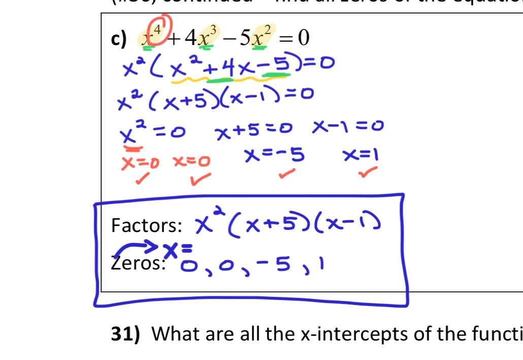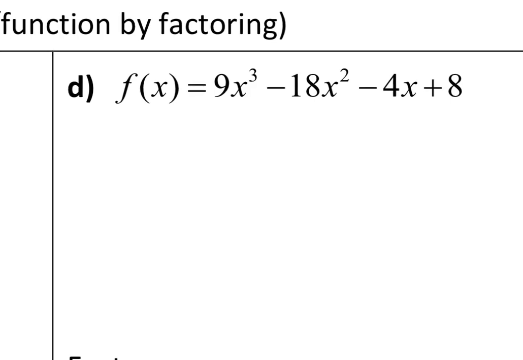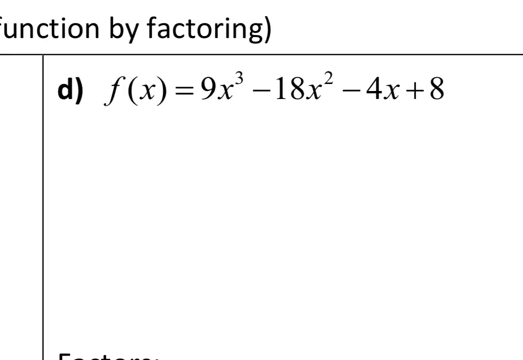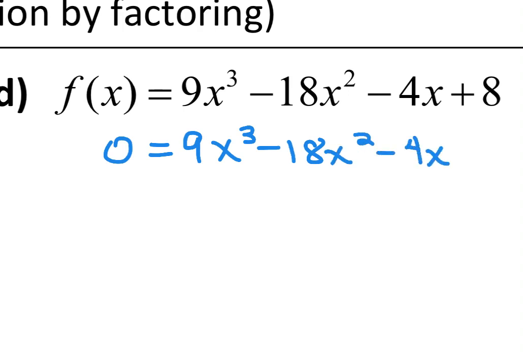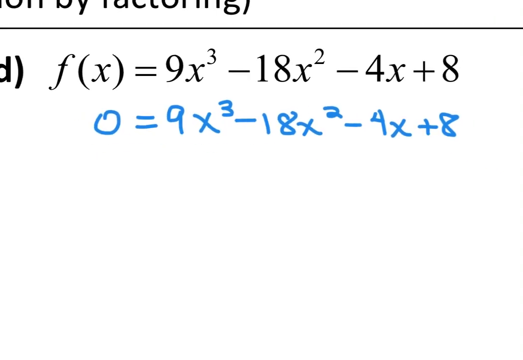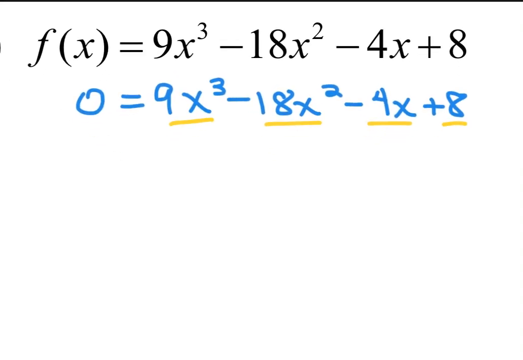And so the 4th problem where you're going to be factoring to solve, remember that if you have f of x, the f of x form of a polynomial function, you can replace that f of x with a 0 if you're solving. And so 0 equals 9x to the 3rd minus 18x squared minus 4x plus 8. And then you notice hopefully that there are 1, 2, 3, 4 terms, and when you're asked to factor and you're given 4 terms,